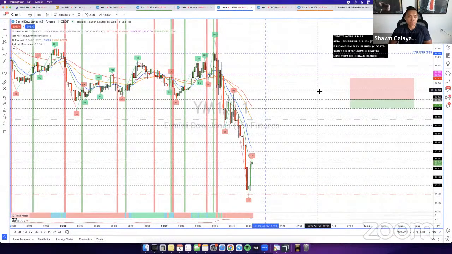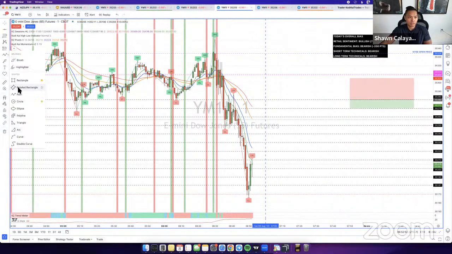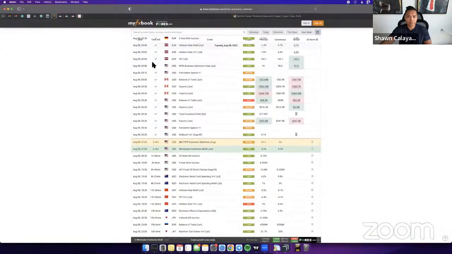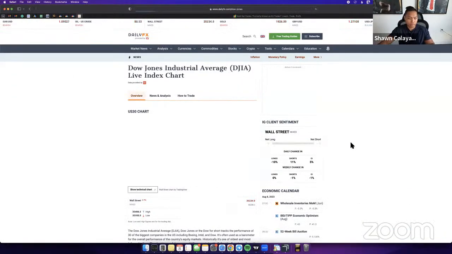So, and today is Trap Tuesday. If you guys are not familiar with Trap Tuesday, it's the day of the week where a lot of traps get set up. So like, for example, down here, you want to be careful with just chasing the sells, because this could be a trap, right? Price can just be dropping and then it could swing right back up. I mean, depending on where retail sentiment is, I don't think that will be the case.